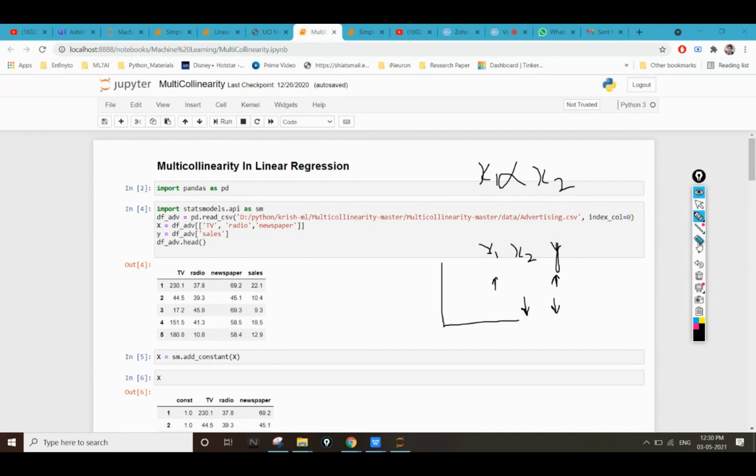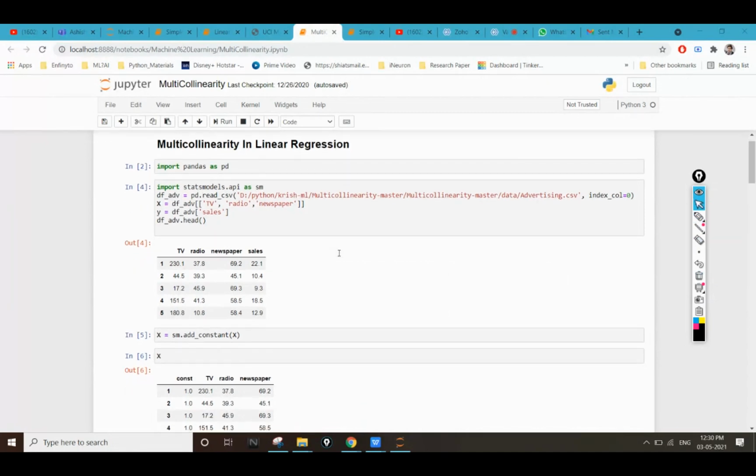So see the dataset. In this dataset, I am taking four features. Three are my input features and one is my output feature. I have to predict the sales of a company with the help of their advertisement. They do advertisement in three different forms: TV advertisement, radio advertisement, and newspaper advertisement. Based on all these three advertisements, I have to predict the output, or the values.